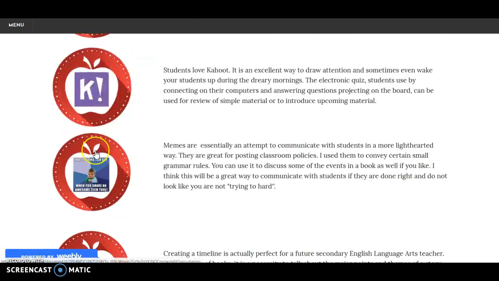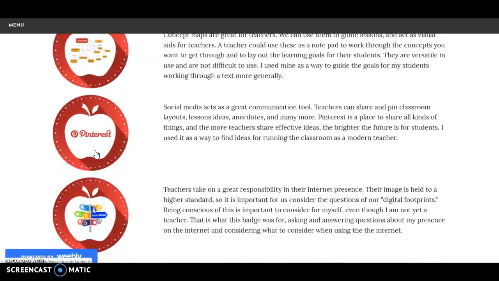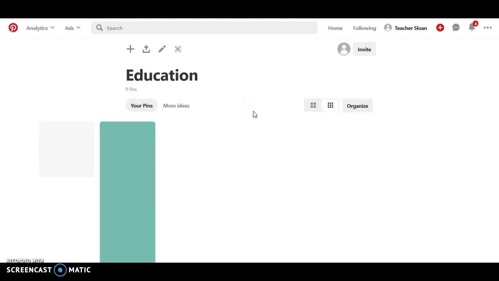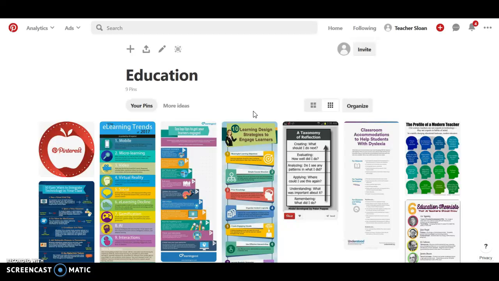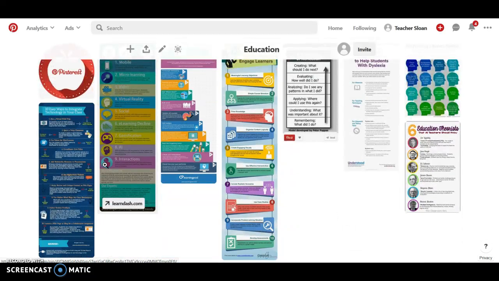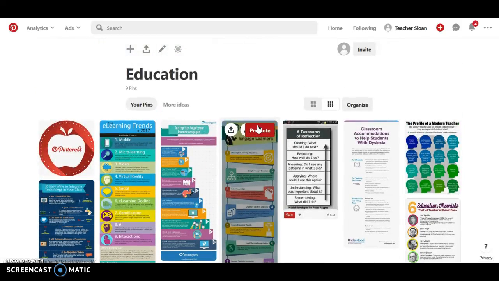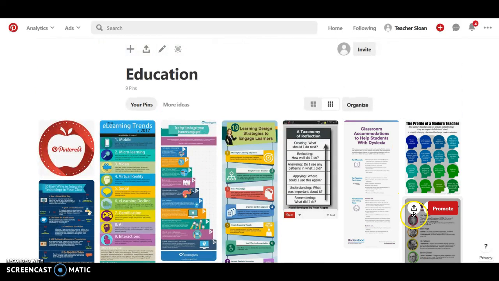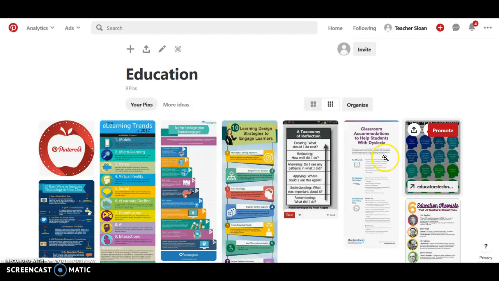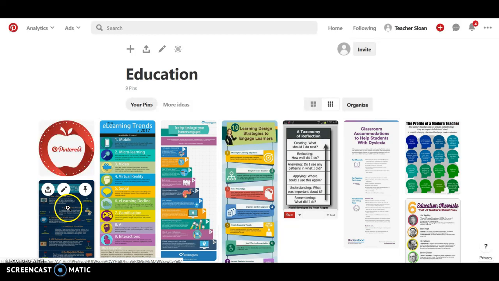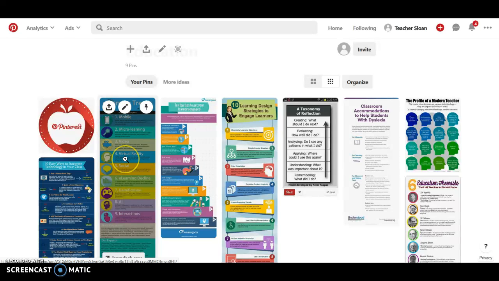So the third thing, last thing I'm going to show you from my page, I really liked this Pinterest badge as well. You can see I did an education one for W200, and this was a lot of fun. I was able to find different things that provide a certain level of simple content that is also really meaningful at the same time. Obviously, they aren't going to have a ton of information on pins, but you're also going to find something that actually shows, like, oh, here are e-learning trends, something that you can actually keep track of and say, this is something useful.